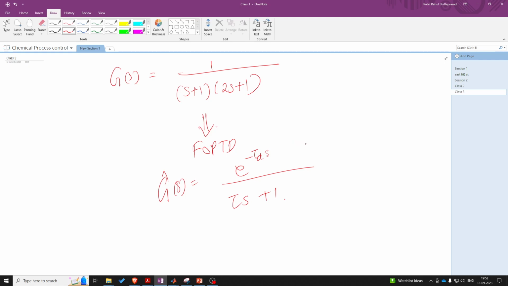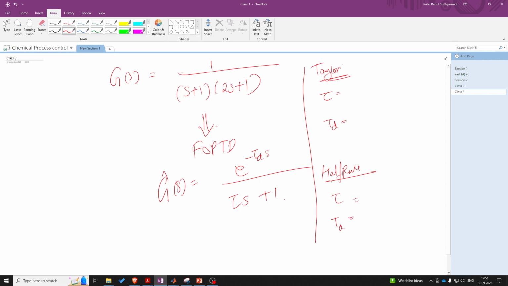So we can use both of these rules, the Taylor series as well as the half rule, to find the process time constant tau and the time delay. And we will just compare the plots of this original transfer function and both of the FOPTD models from these approaches. The Taylor series approximation says that the most dominant time constant will be the time constant of the process. So over here the time constant will become 2,